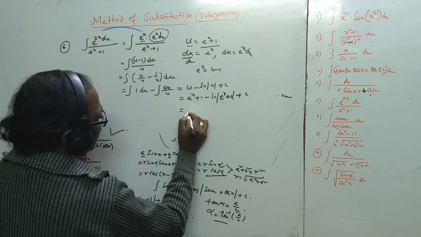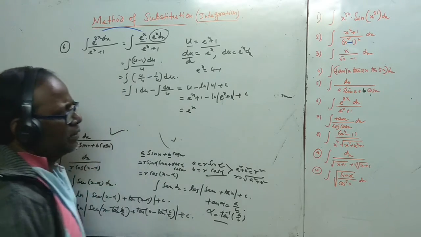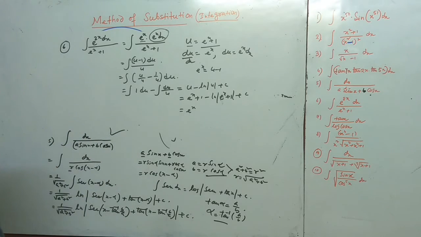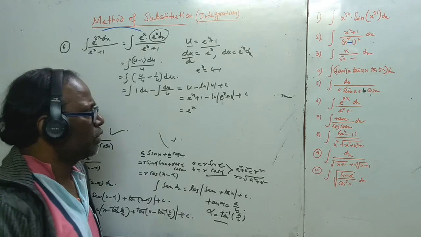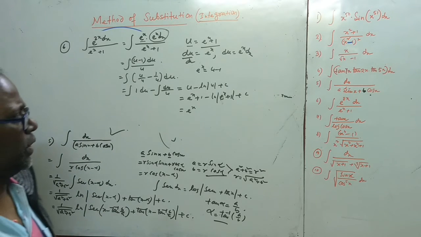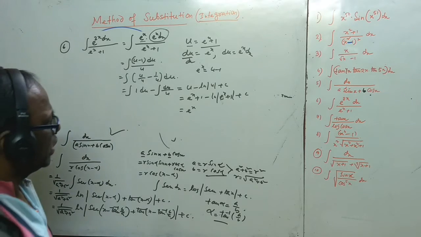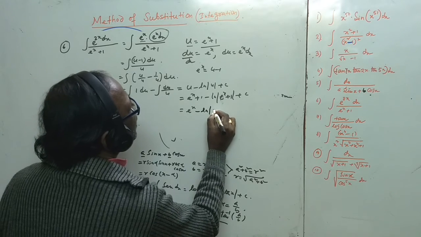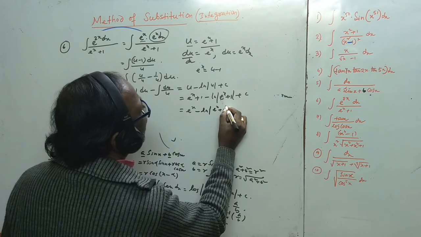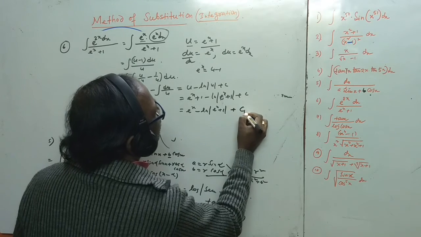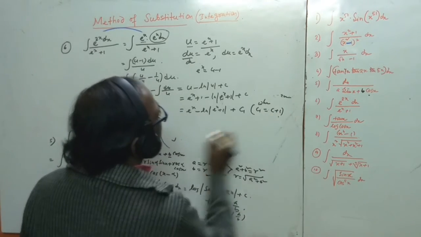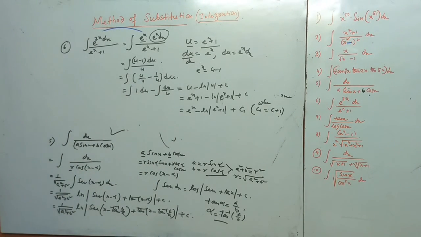In the previous question, I said that if we get any constant without c, these constants are added to the c and we assume a new constant, and that will be a perfect answer. That's why we wrote it like that. And now c1 is equal to c plus 1. This is the perfect formation. That is the answer.